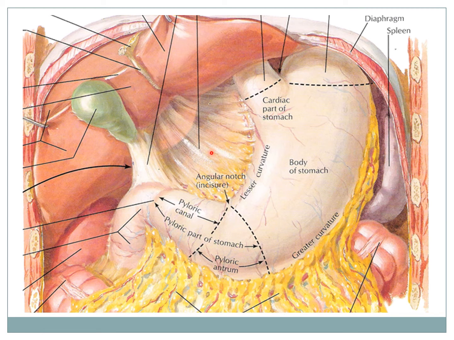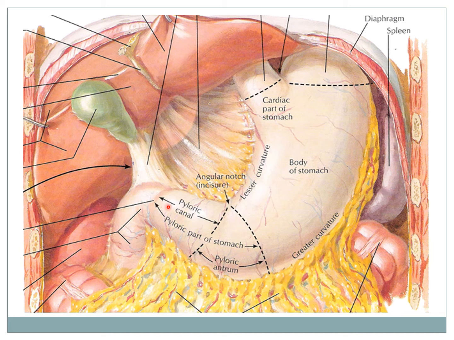You see this diagram: this is the lesser omentum, here there is the greater omentum, this is the cardiac part of the stomach, this is the cardiac notch, the fundus of the stomach, this is the body of the stomach, this part is the greater curvature of the stomach, and this is the greater omentum. This line is attached to the angular notch or incisura, and it divides the pyloric part into the pyloric antrum and the pyloric canal. The proximal part is the pyloric antrum, and then the distal part is given the name pyloric canal. So this is the pyloric part.